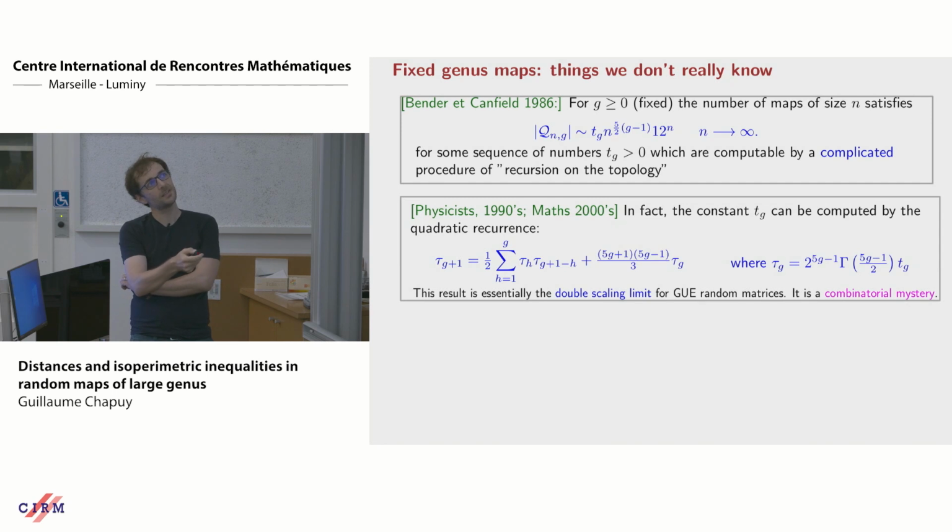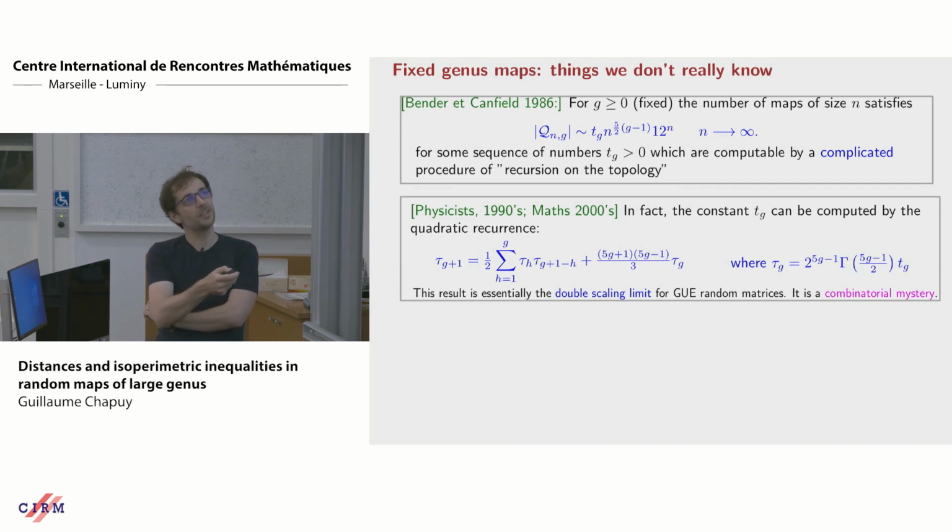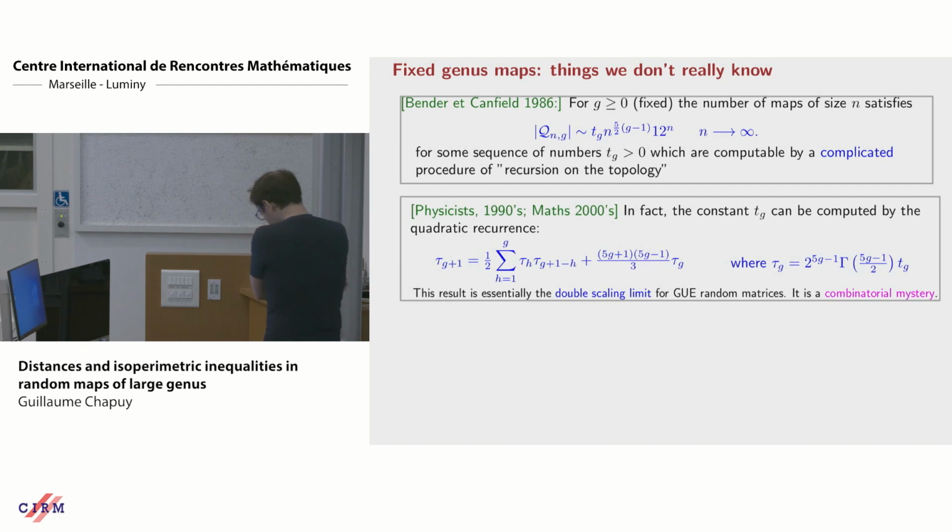So when you see this, you would believe that there are some surgeries that you can perform on surfaces of genus g+1, so that maybe sometimes you cut it in two pieces, or sometimes you cut a handle and you get something of genus g. And this is something that we cannot do. Okay. So my point here is that